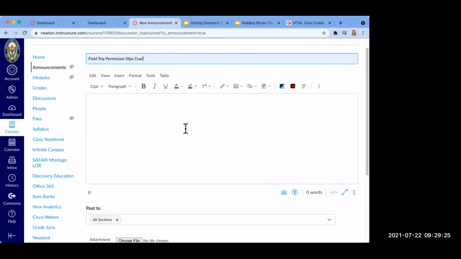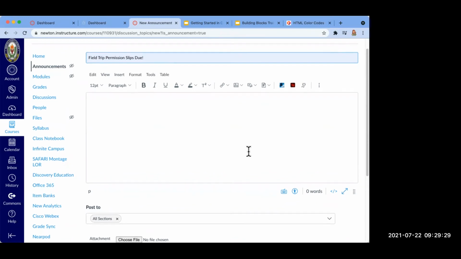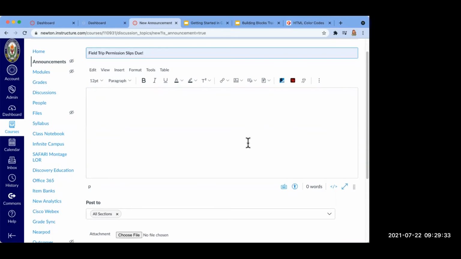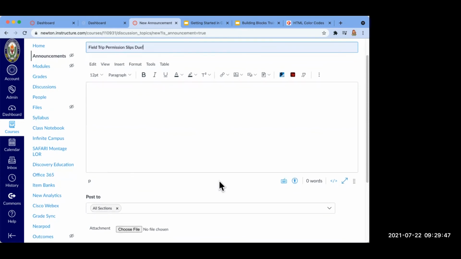And so once, like I said before, once you get to know the rich content editor, Canvas is going to be so much easier for you. And it's really user-friendly, except that there are some icons on here that have some special properties that I wish I had known my first year of using Canvas. So we're going to walk through that rich content editor. Before we do, though, I want to scroll down